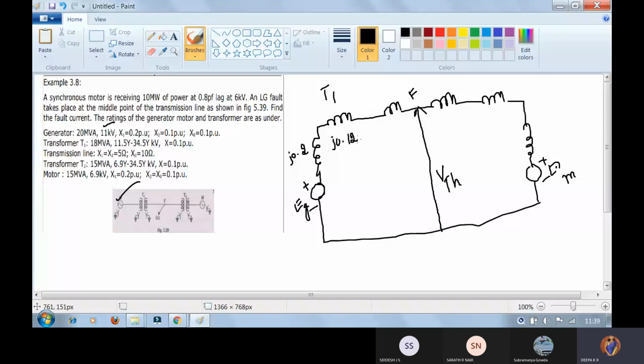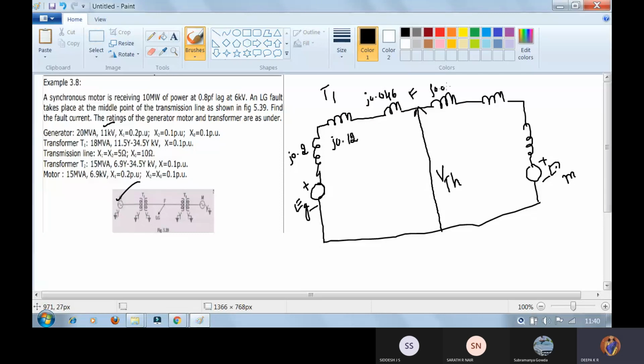So the X1, X2 value has been given as 0.092, and we are splitting it equally, and you are getting an answer of 0.046. Because we calculated directly as X1, X2, it is 0.092, but to differentiate the fault under LG, we have divided this and written it as J0.46 on both sides.